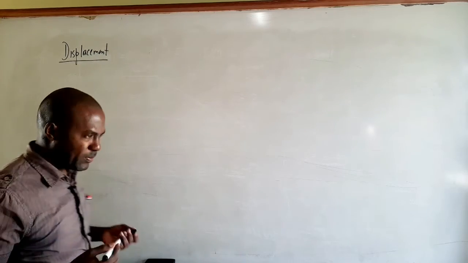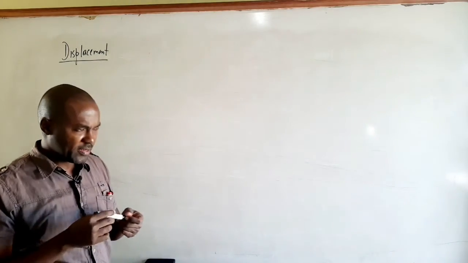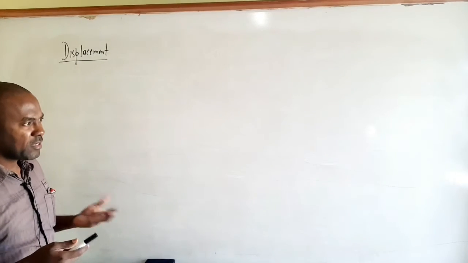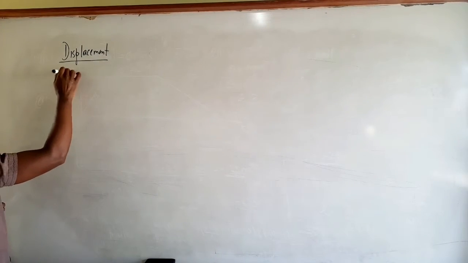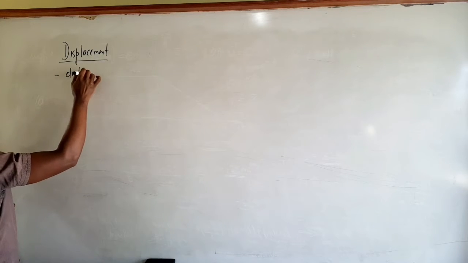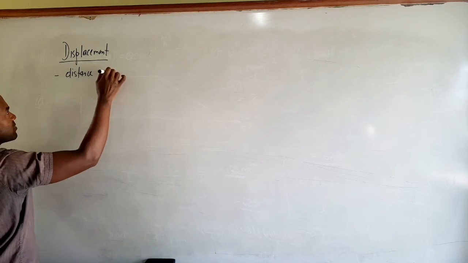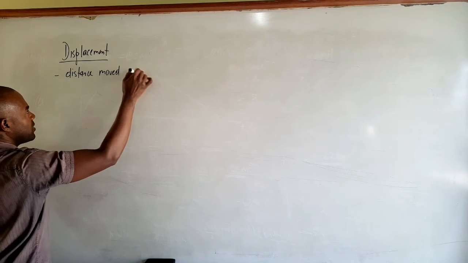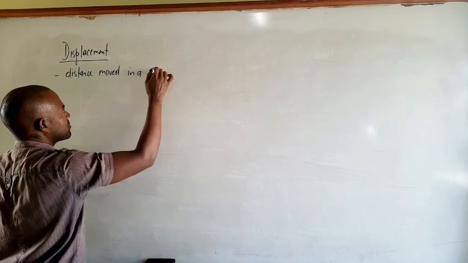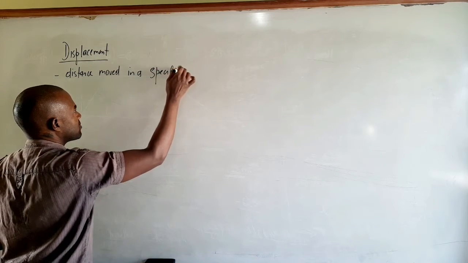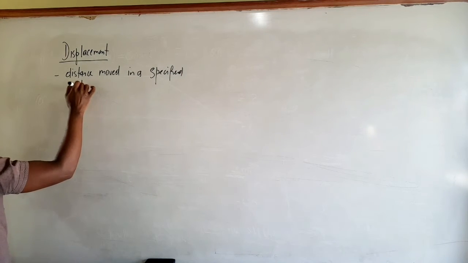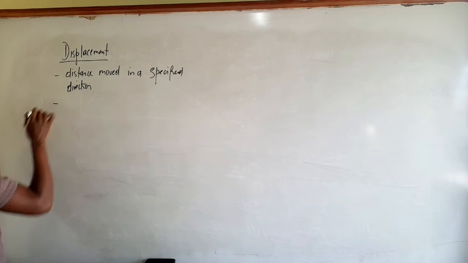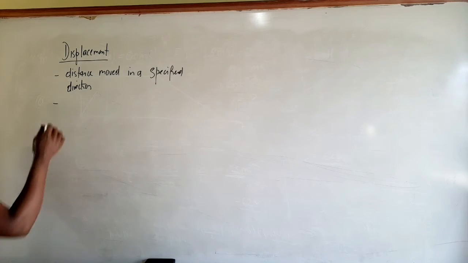Now, the displacement of a body is defined as the distance moved in a specified direction, right? So displacement can be defined as the distance moved in a specified direction. Right? Now, displacement is a vector quantity